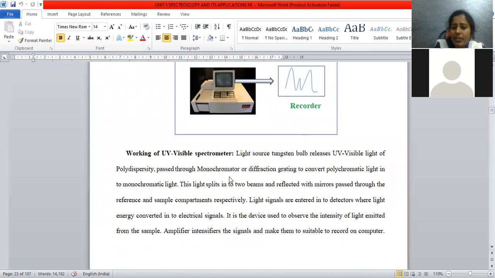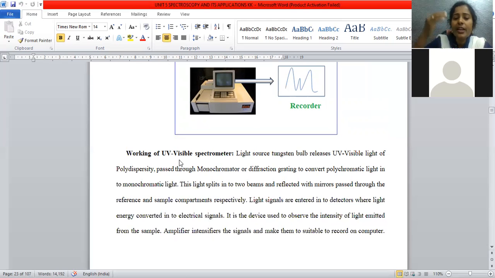Now we are going to discuss how the UV visible spectrophotometer works. To understand the sequence of the process in this instrumentation, first we place the light source. As already discussed in the diagram, either a tungsten lamp or a deuterium discharge lamp can be employed to release light in the UV visible range.